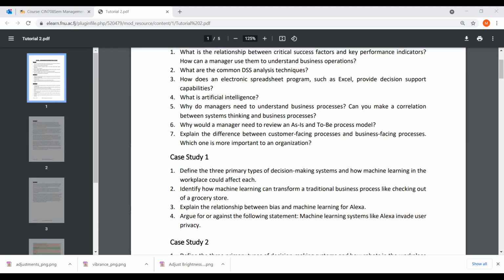Schedule or schedule, how do you pronounce it? Okay, schedules and budgets,